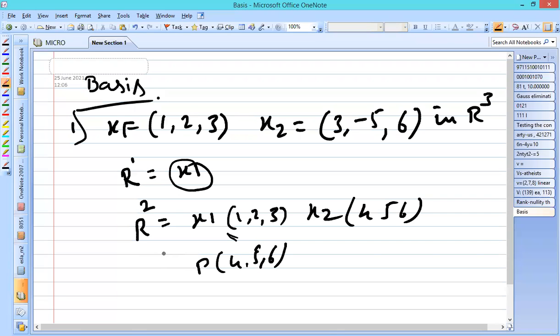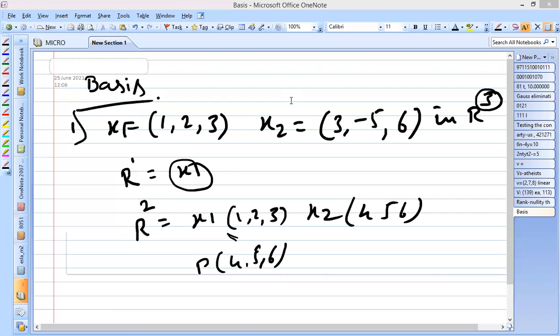P does not form a basis in R2, because clearly we should have two vectors in R2. Similarly, if you observe this given problem, we are asked whether x1 and x2 form a basis in R3. Since n takes the value 3, it should consist of a minimum of 3 vectors. But here we have only 2 vectors, x1 and x2. So you can say that x1 and x2 do not form a basis in R3.